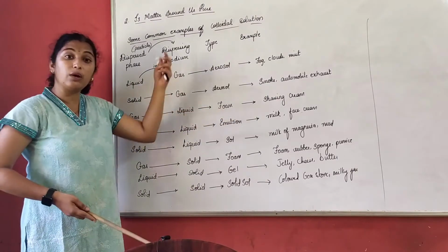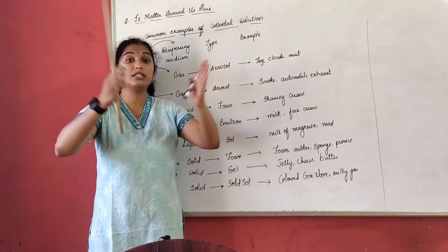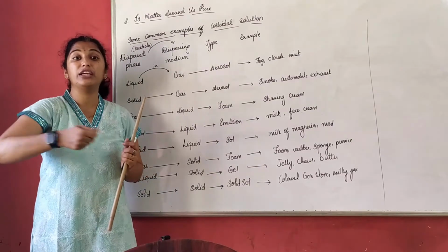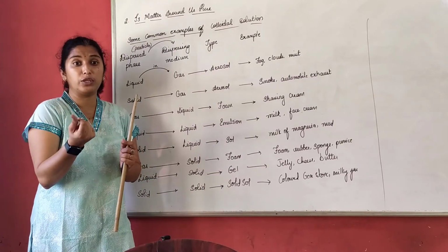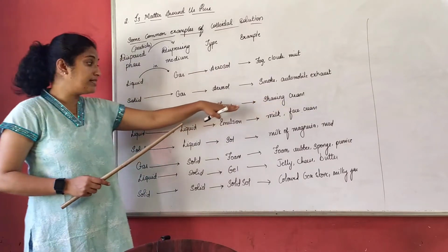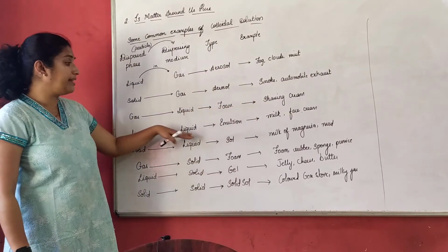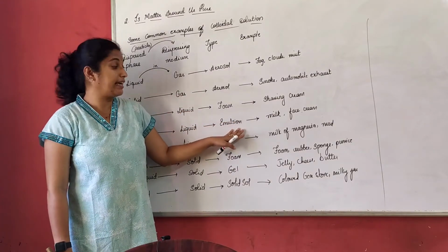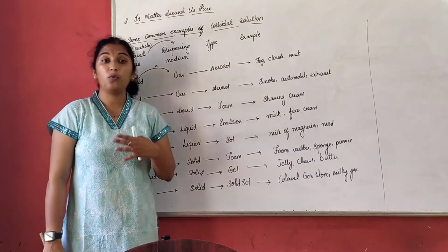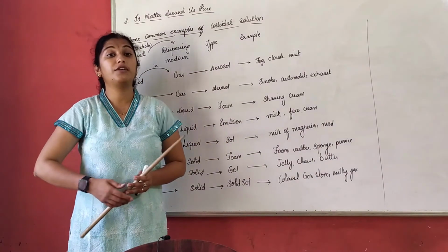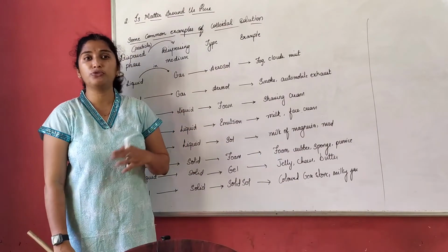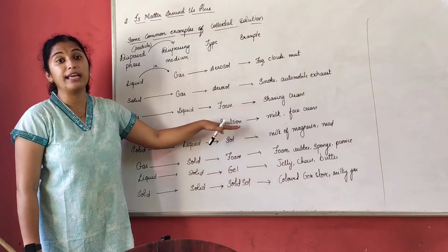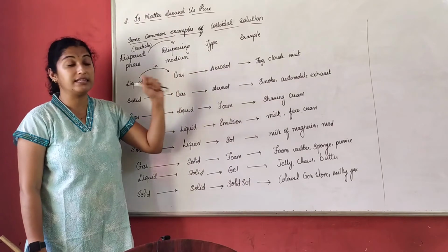Here what has happened? In liquid, gas is added. That is why it is puffed. That is why it is increasing. Foam. How is foam actually? It is like the lather we get when we wash our clothes, or when we use soap or shampoo. That is why the example of that is foam here. Liquid in liquid. Now in liquid I add liquid. Here we don't call it a liquid again. We call that an emulsion. Now where have you heard this name emulsion? If you have heard about painting, you've seen advertisements, right? Tractor emulsion paint. Yes, that is an example for emulsion here. That is why we call that an emulsion.